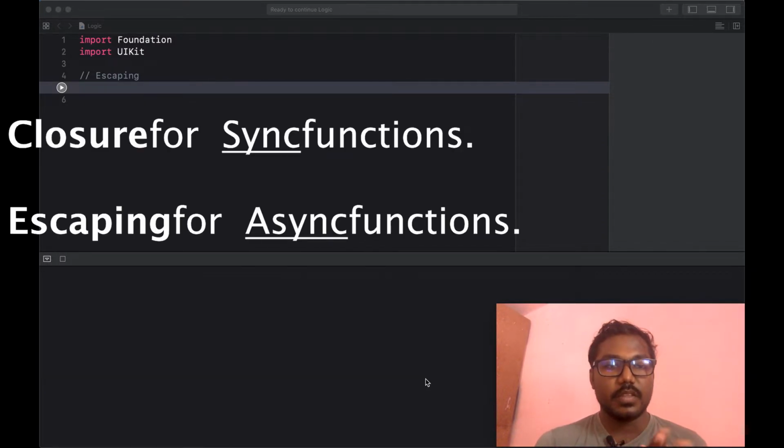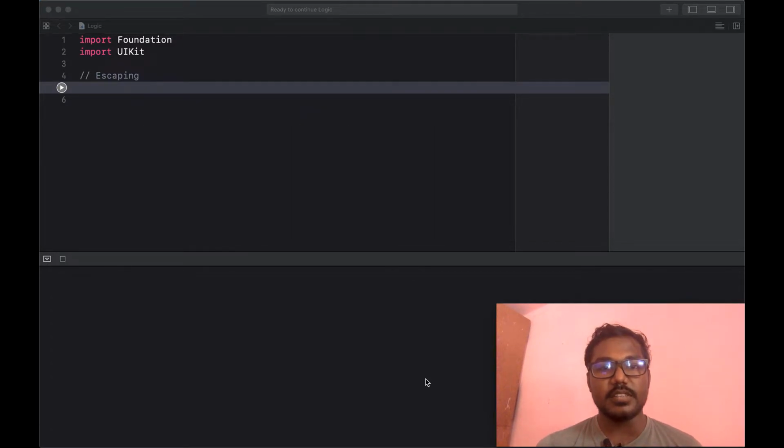The escaping closure is used for asynchronous operations. A non-escaping closure is not asynchronous; it does the operation in a synchronous methodology.